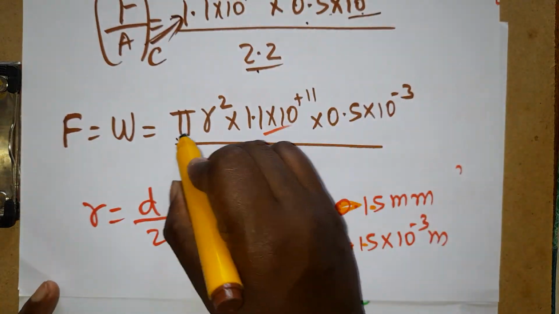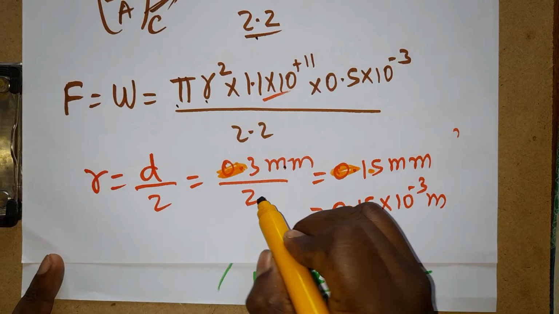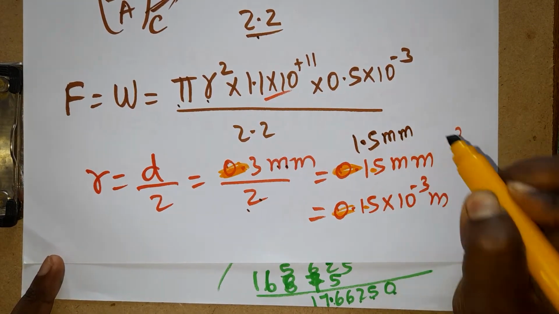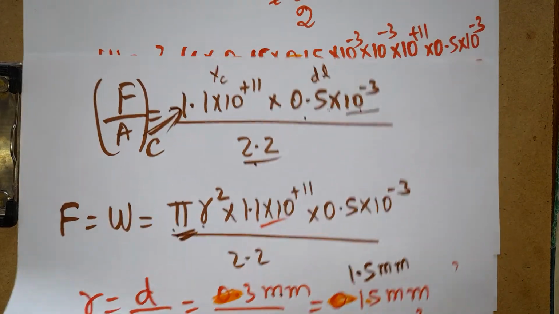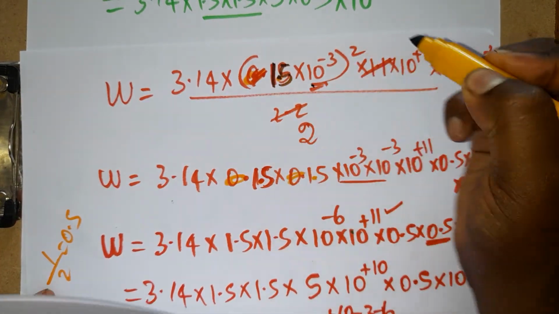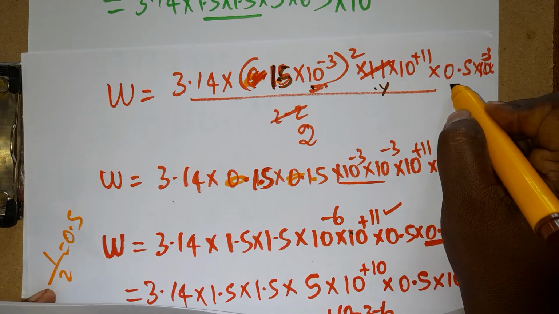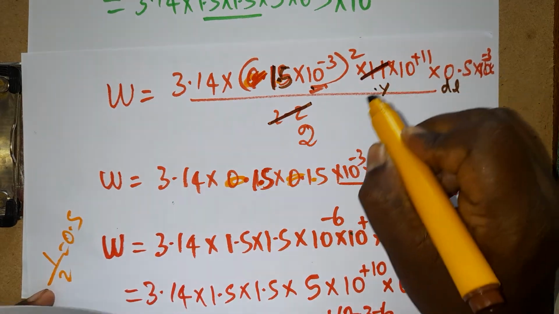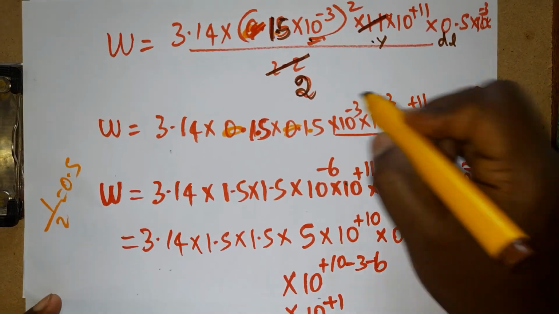Area is going to be pi r square. The diameter is 3 millimeter. Diameter divided by 2, radius is 1.5 millimeter. Millimeter to meter, 10 power minus 3. Radius I got, pi is 3.14. So pi is 3.14, radius is 1.5 into 10 power minus 3. And this is Young's modulus, this is the changing length, and this is the original length. 1.1 and 2.1 get cancelled. 2 times will be there. 1 divided by 2, 0.5. 1 divided by 2, 0.5.